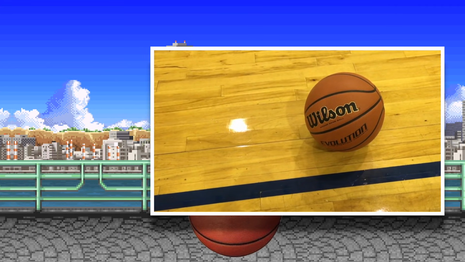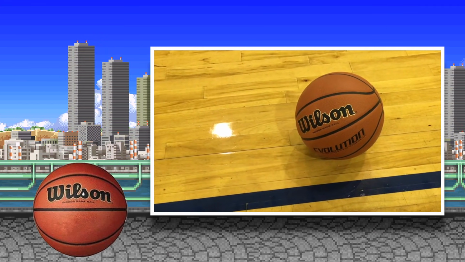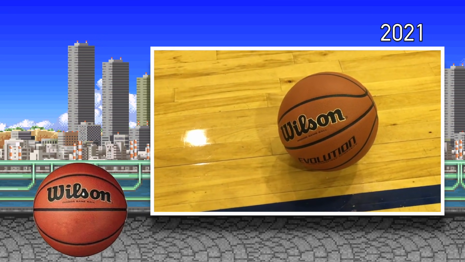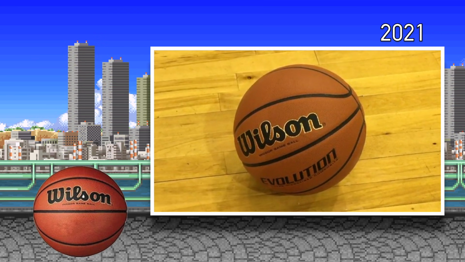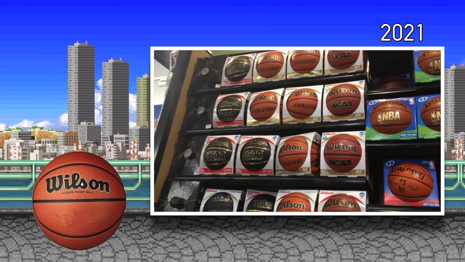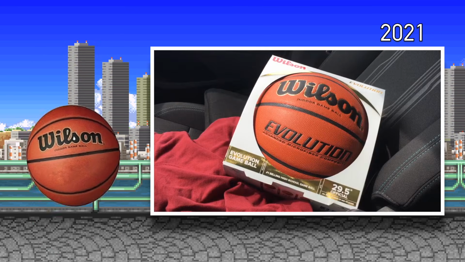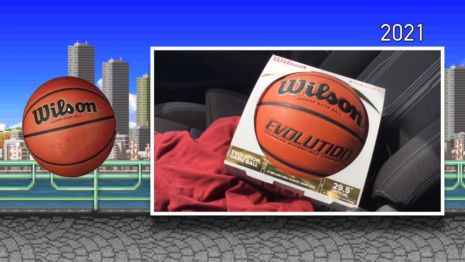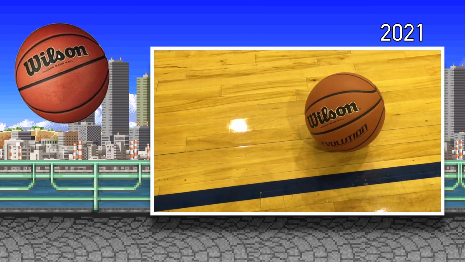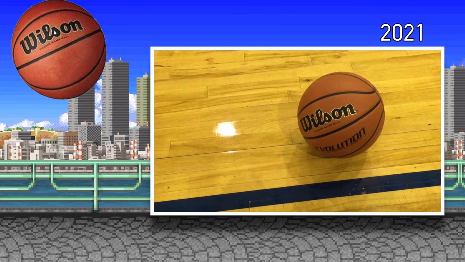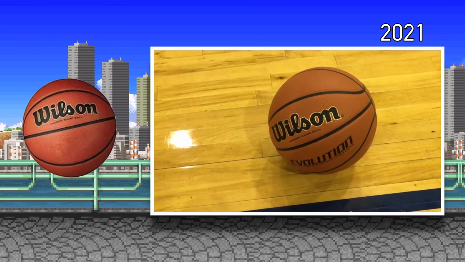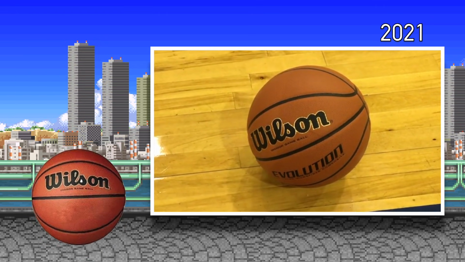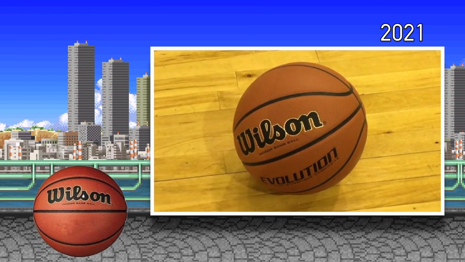Going forward in the future, coming up for the 2021-2022 NBA season, Wilson will replace Spalding as the official NBA basketball. Now, the leather used for the balls themselves will still come from the same provider, so they won't physically feel any much different. Also, the balls will keep their 8-panel configuration and performance specifics as the ball that is currently used, so it's pretty much the same game with a different name.